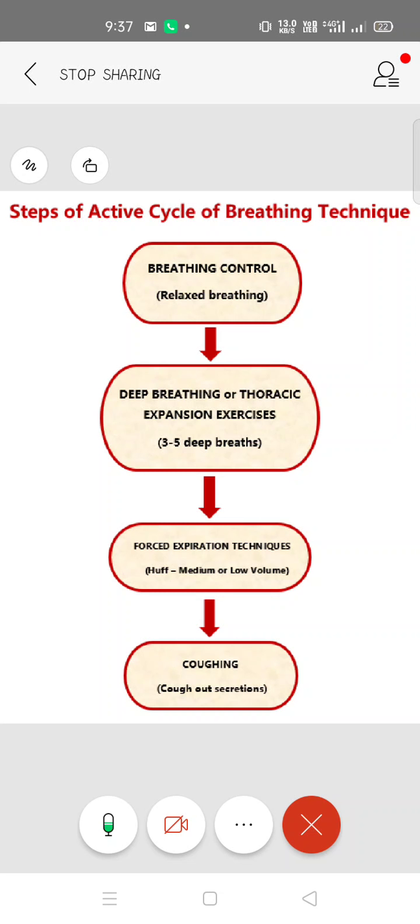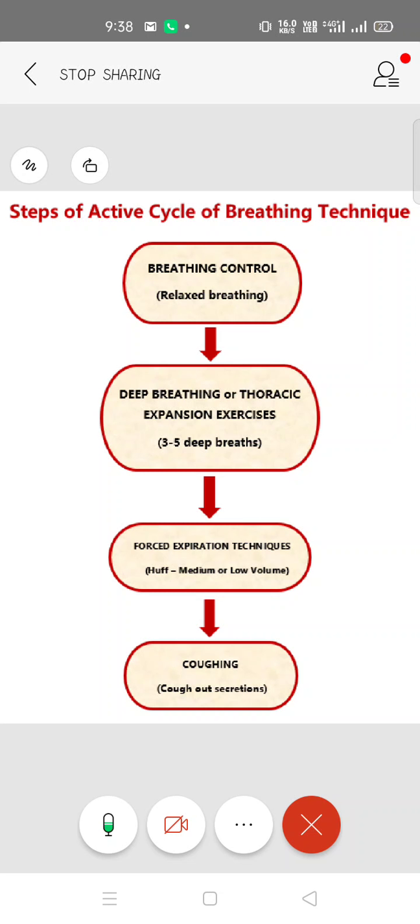If the patient feels uncomfortable doing this exercise, sometimes while taking the deep breath the patient feels more stressed because he is not able to do it properly, or he might feel lightheadedness. In these cases, you ask the patient to return back to the breathing control technique, and then go for the deep breathing or the thoracic expansion exercises again.